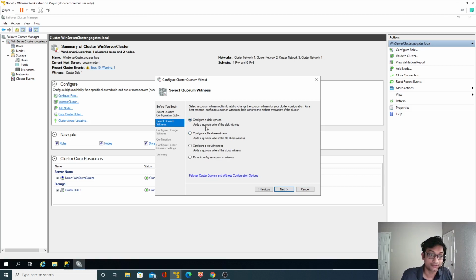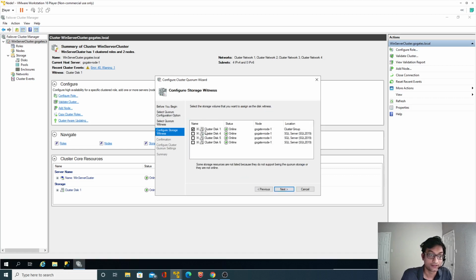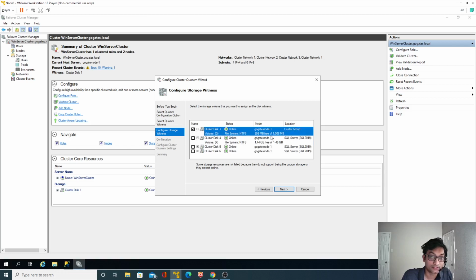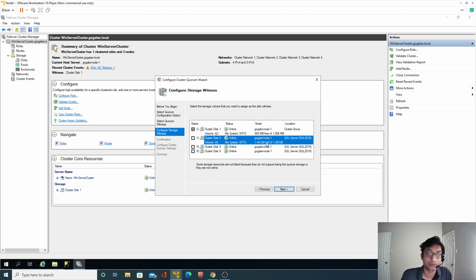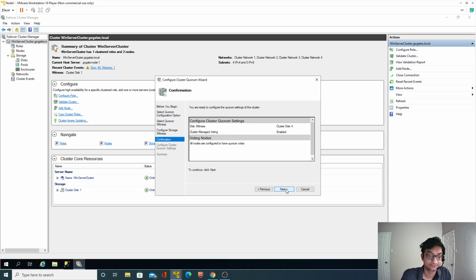Configure a disk witness adds a quorum vote for the disk witness, so we are going to select this one. Now it will show the available cluster drives. It is showing 4 drives, which is correct; the remaining 2 are offline. If I expand this, remember the 1 gig drive is from the old SAN, and the new 1.5 gig drive I purposely gave so you can identify it later as well. So Q is from SAN1 and X is from SAN2. I will unselect this one, select this one, next, next,